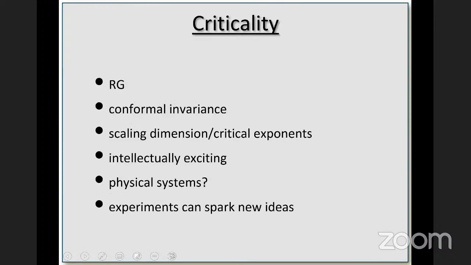So you learn about all these beautiful ideas which I spoke about: renormalization group, conformal invariance, critical exponents, scaling dimensions, and all of this is intellectually very exciting, and certainly something I'm very interested in. But the question is, how much of this is ever seen in any experiment at all? You often see that people say critical points are very important in condensed matter, and on their first slide they'll show something. But how many critical exponents have actually been measured in experiment? I'll give you this bad news right away. The answer is basically almost none. It's very, very difficult